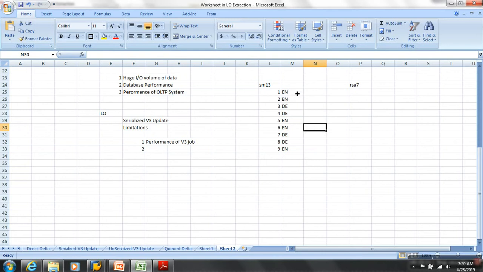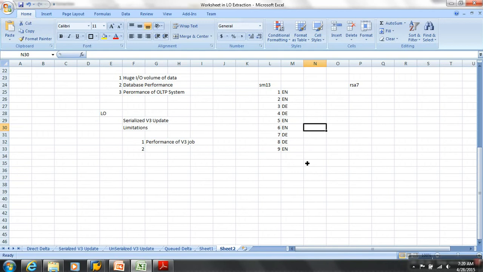I have my LUWs maintained like this. Two conditions here. One is your V3 job has to maintain the sorting. At the same time, it cannot. If I don't know how many of you remember, in direct delta, when I do posting, I was able to see, in delta K, I was able to see two was what?